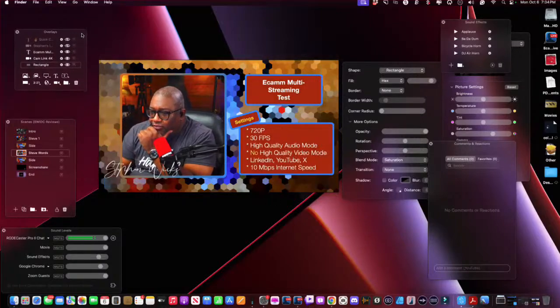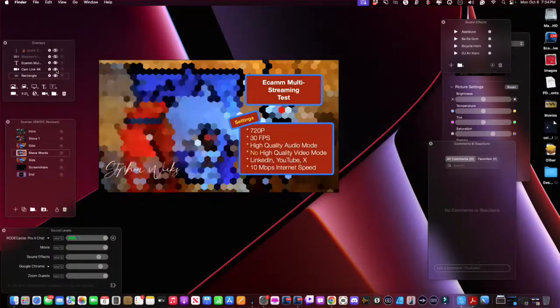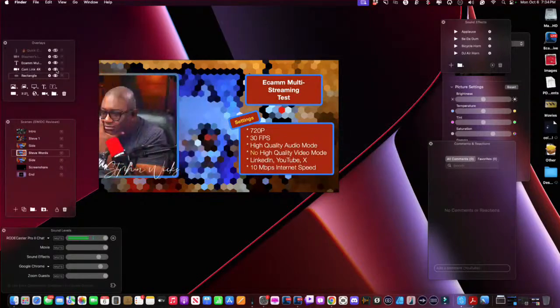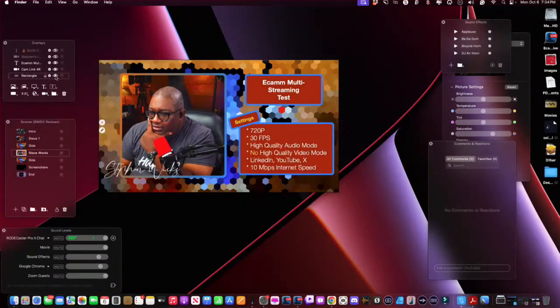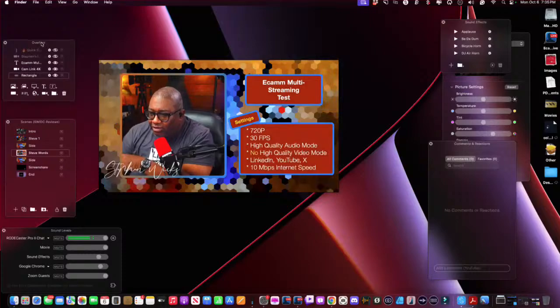And so over here, you've got your overlays. I can bring overlays on and off. Right now, I've got the camera overlay. I can click that and it goes away, comes back. Rectangle, I won't do that. This is that text box right there. If I click that, it goes away. Click it, comes back. So this is the overlays. Everything that you see here is an overlay, and that's the overlays panel.